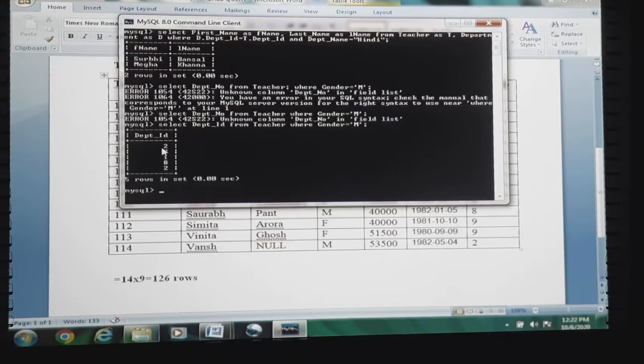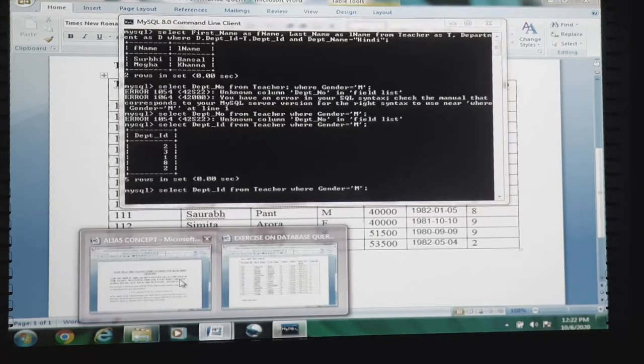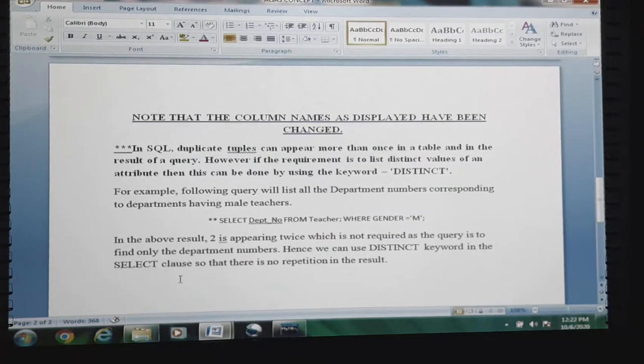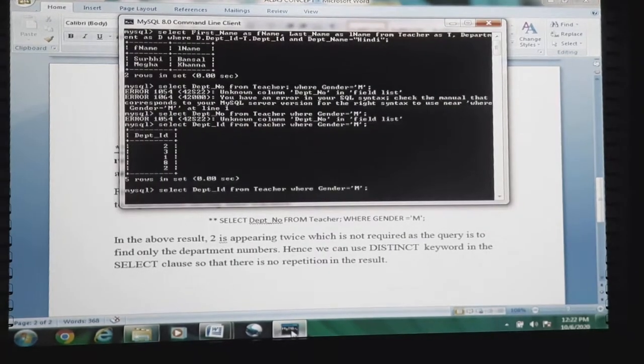Now, in order to remove such duplicate values and only get the distinct, different values, we need to use the DISTINCT keyword. So how can it be done? Select distinct department ID. Instead of the department ID alone, we will simply prefix it with the distinct keyword.